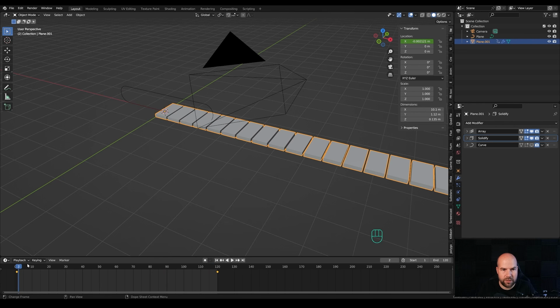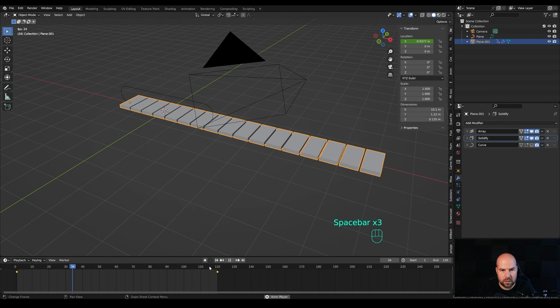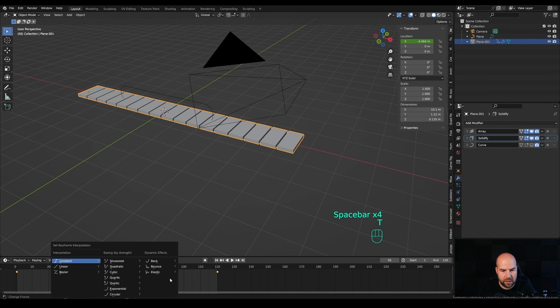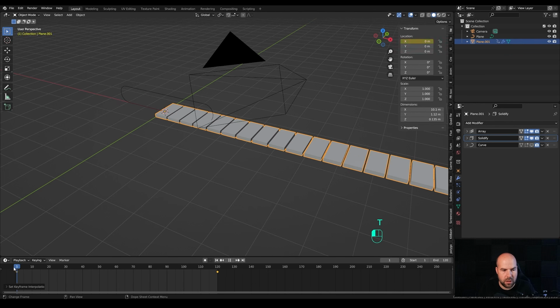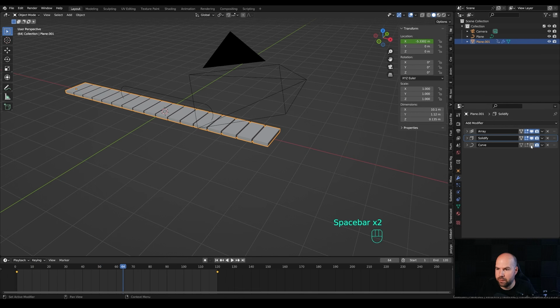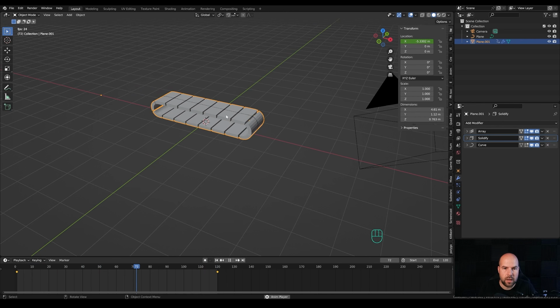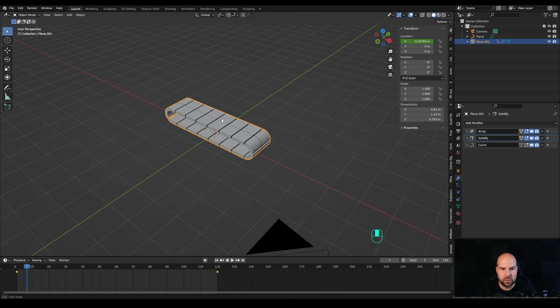And right now, if you play it, you will see it accelerates, and in the end it decelerates. So we'll press T here in the timeline and choose linear movement, and this way it will just go at a constant pace. And now if you enable the curve modifier, you will have a perfectly looping conveyor belt animation. So that's the first step, and now let's create a little bit of the scene to support this.